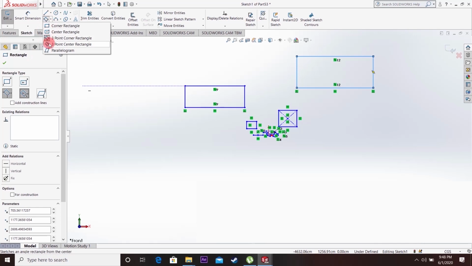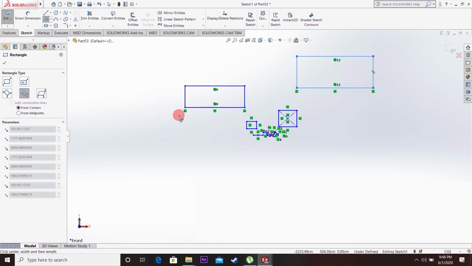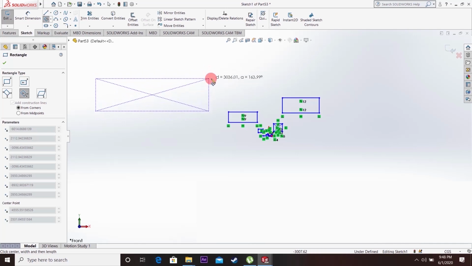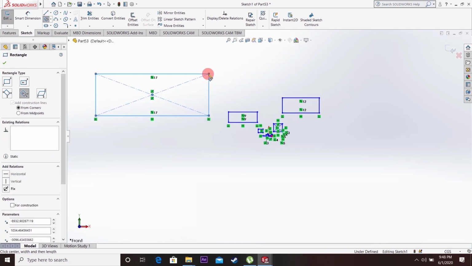Okay, so next we have the 3-point center rectangle. In this rectangle, wherever we click, that point will be the center of the rectangle, and when you move your mouse and click here, it will be the midpoint of this line, and if you click again, that will be the third point, and it will be the corner of the rectangle.